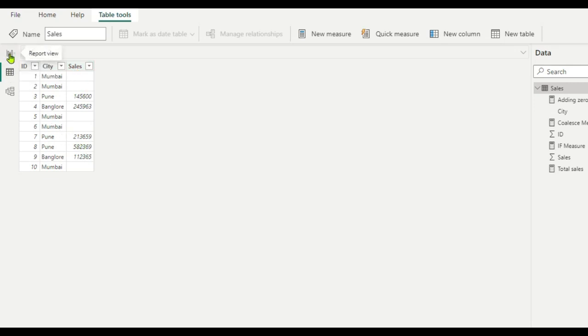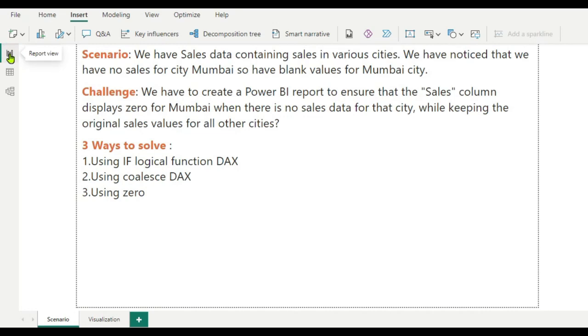So here the challenge is we need to create a Power BI report to ensure the sales column displays 0 for Mumbai when there is no sales data for that city, while keeping the original sales value for all the other cities. To address this issue, we can use a DAX function.